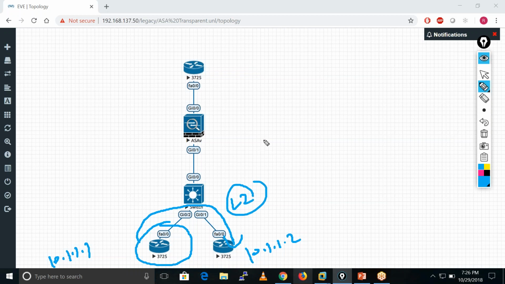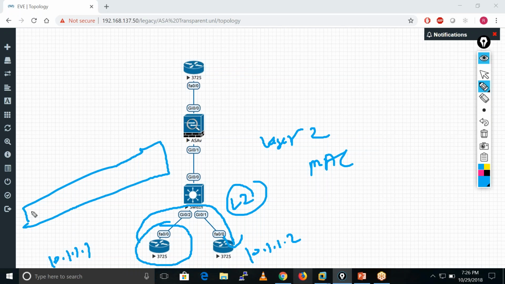In layer 2, all the forwarding happens on the basis of MAC address. So he sends one ARP packet towards the other host, 10.1.1.2, trying to resolve the MAC. The packet format is similar, so let me draw this packet format.